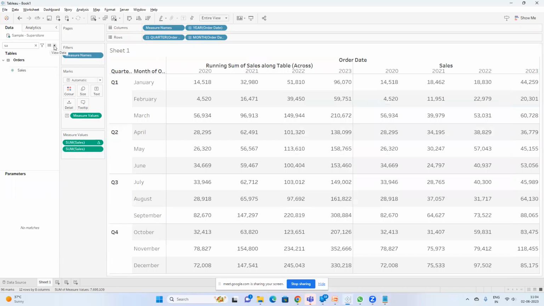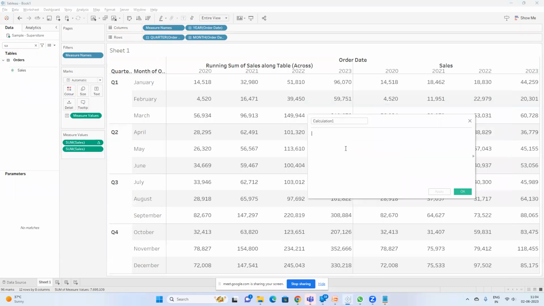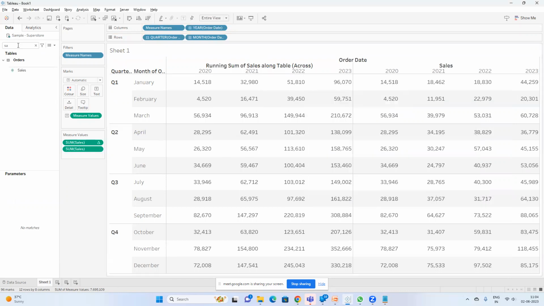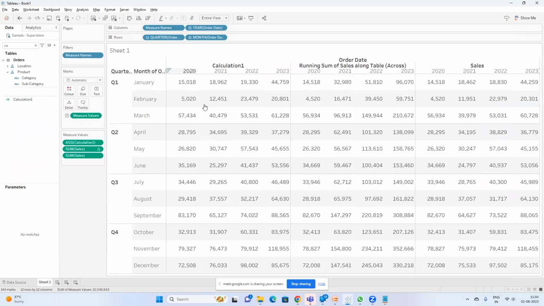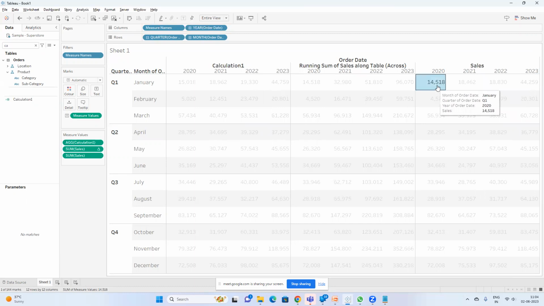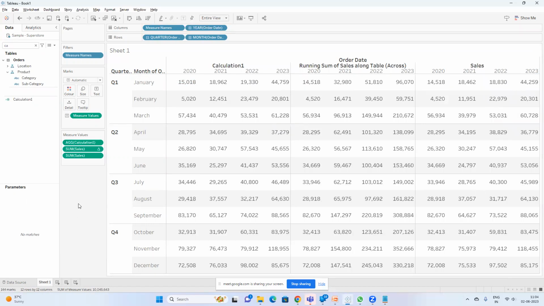I'll just create a calculation. So a normal calculation, sum of sales, I'll just add 500 to this. Say okay. Calculation 1. Here I can't modify this. For each and every number, sum of sales, I have added 500. So 14,518 plus 500 will become 15,018. Okay, so this is my sheet 1, which has calculation